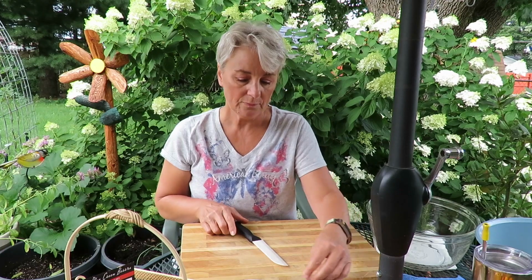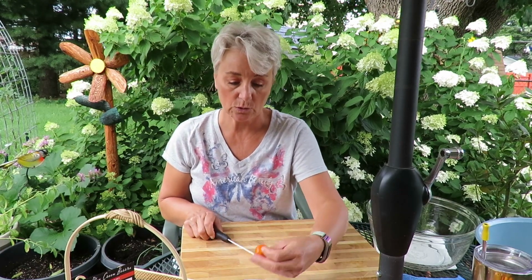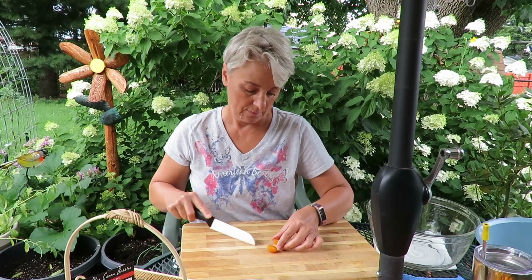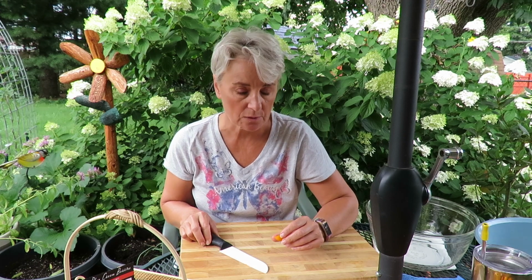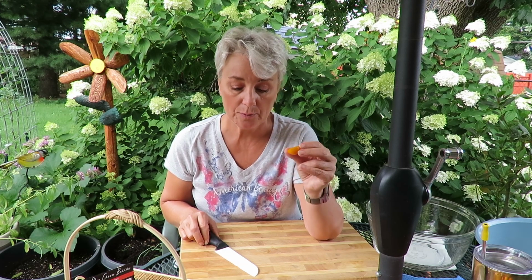Sungold is a staple. I think everybody loves Sungold tomatoes. They are sweet. I don't know if you could see that or not. Filled with juices, sugary, very sweet. I'm talking almost like this is tomato candy. Sweet. My only complaint about Sungold